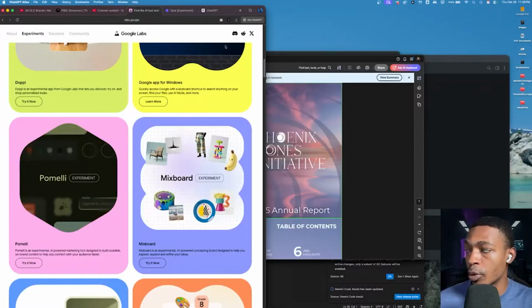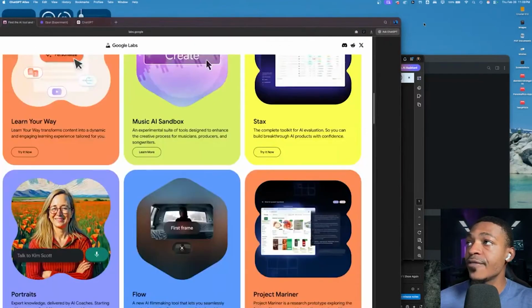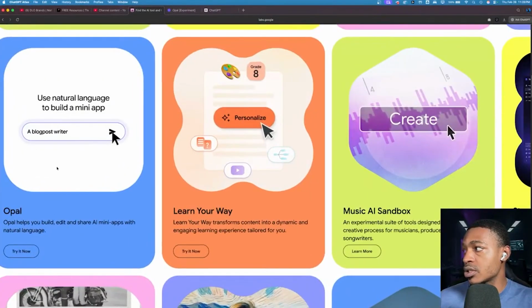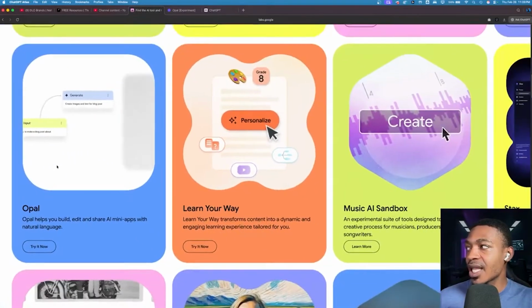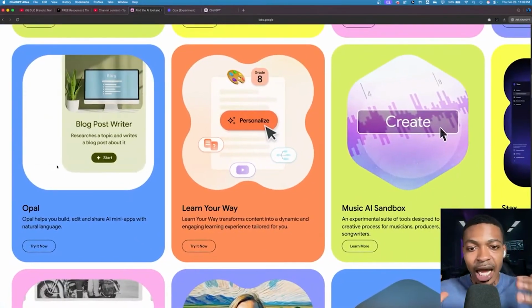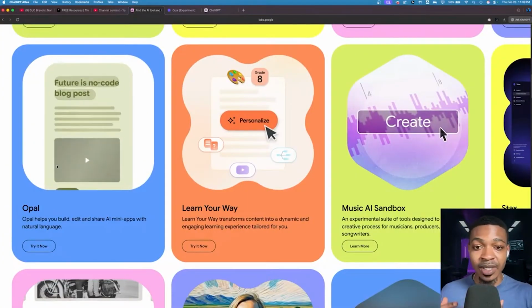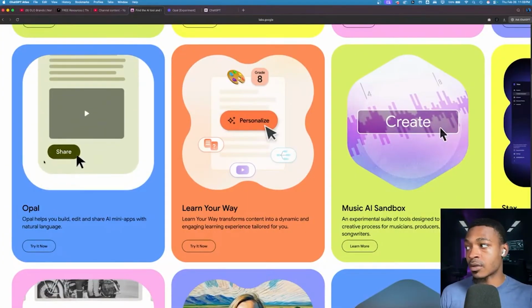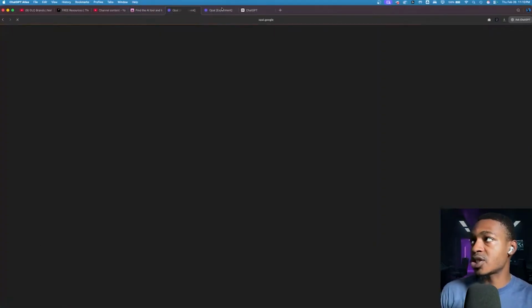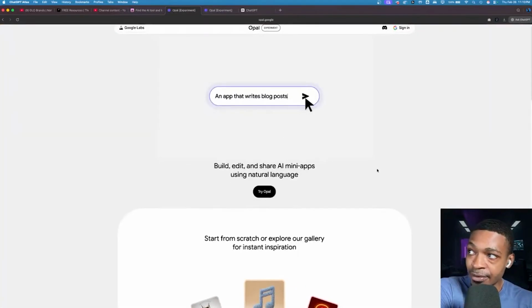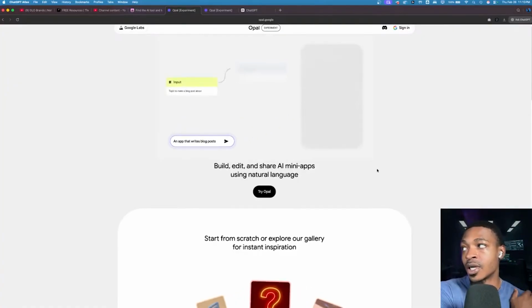We're going to get into Opal. So if you don't know, Opal is Google's basically like text to automation tool. Text to automation, meaning I put in some text and I get an automation out. So we're going to press try and let's just give a rundown for anybody that has never